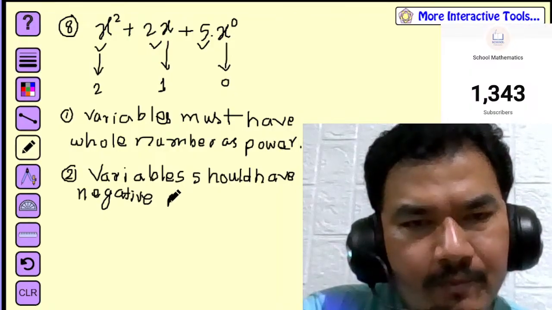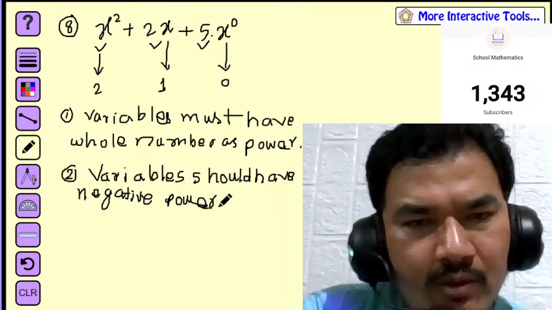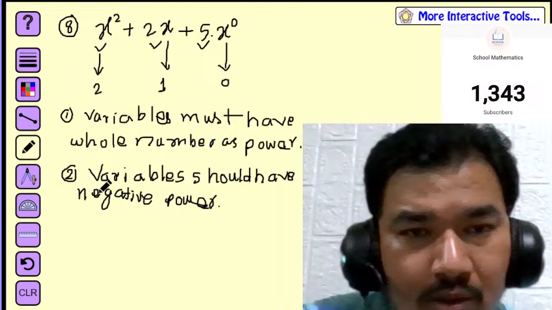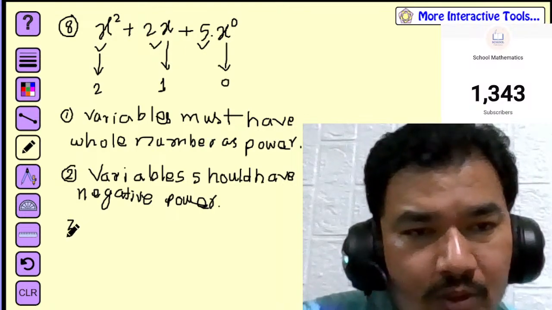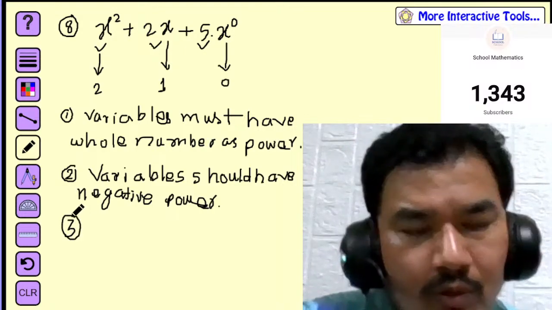Negative power, okay? Another one, look here. A variable should not have negative power. And third, you must know,